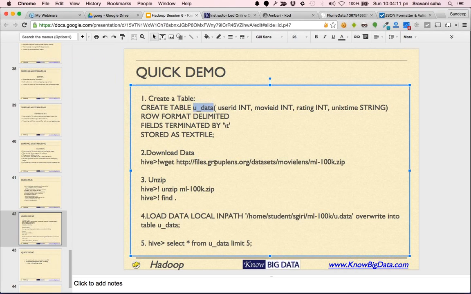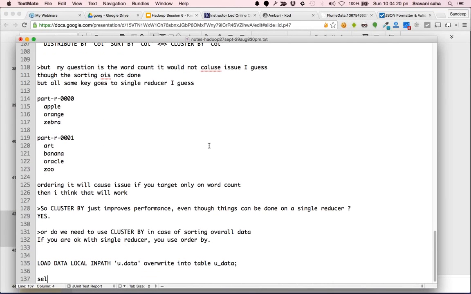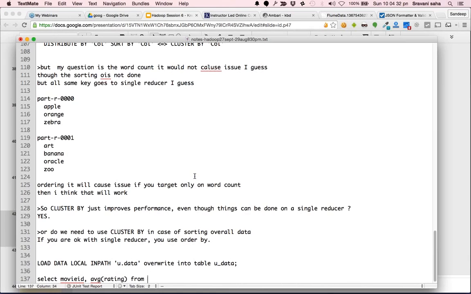Anybody quickly? Based on this, you have these columns: movie id, user id. Anybody can help me? So we can say select movie id and average rating, right, from